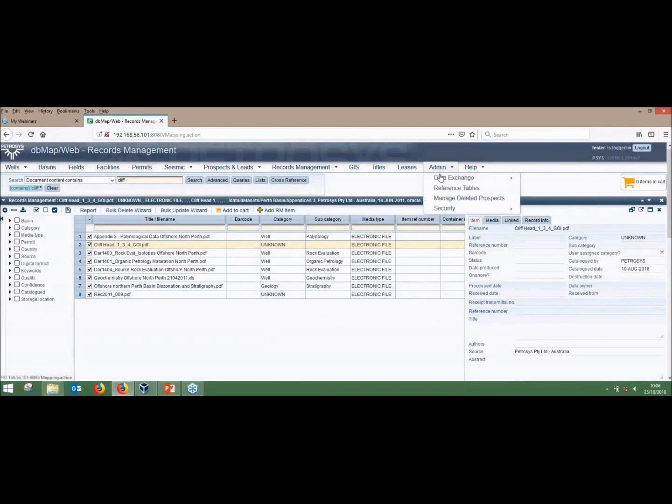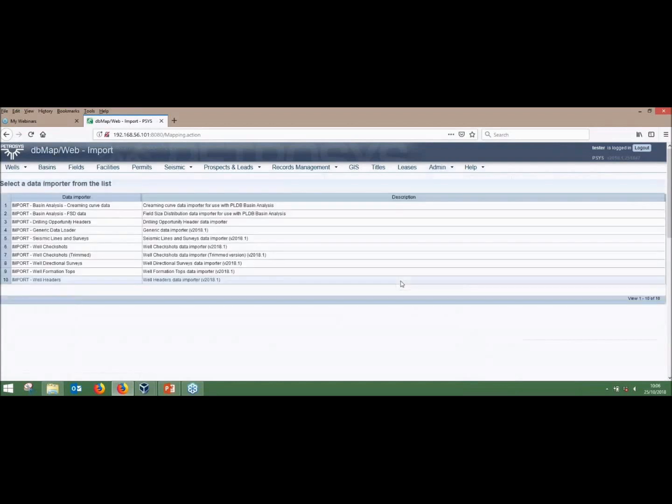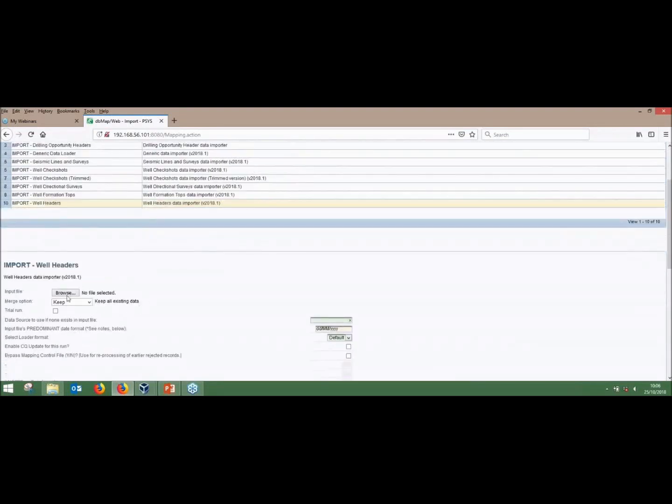So just while we're here, we'll look at some of the data exchange. I'm not going to load any data, but we can load data from the web interface. I've got a number of predefined loaders here. These can be built as per your requirement, but I would just choose my well header loader,